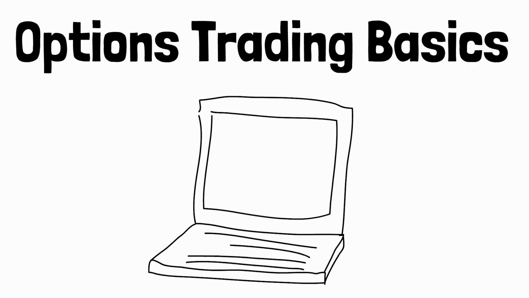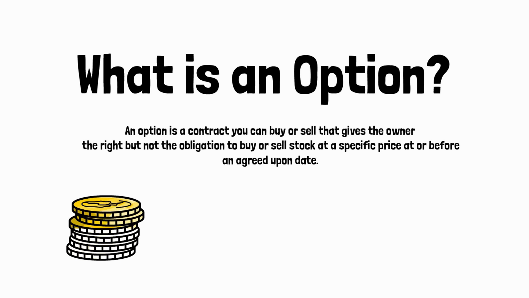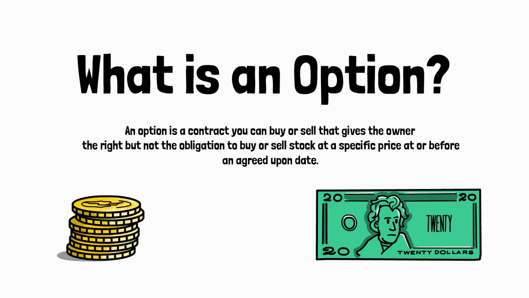Let's talk about the basics of options and why they have a useful place in today's market. An option is a contract you can buy or sell that gives the owner the right but not the obligation to buy or sell a stock at a specific price at or before an agreed upon date. This all may sound confusing at first, but we'll go over some examples soon and it will all start to